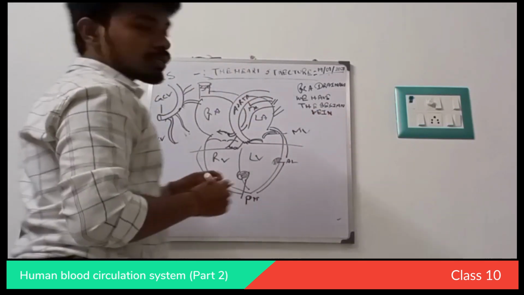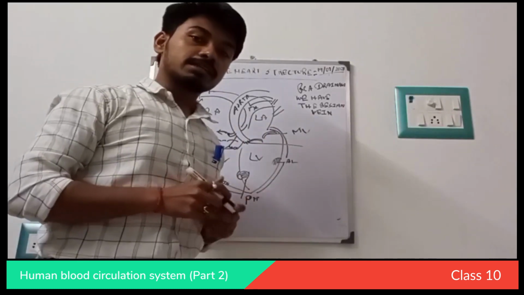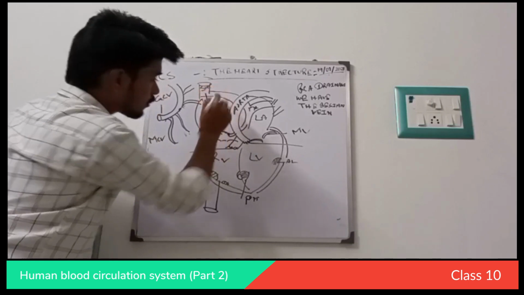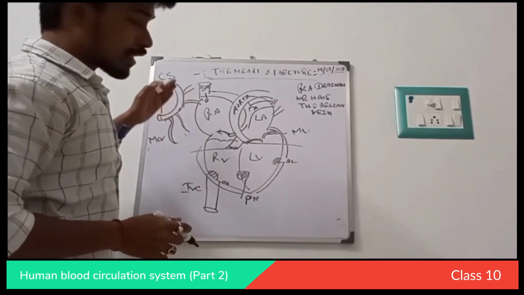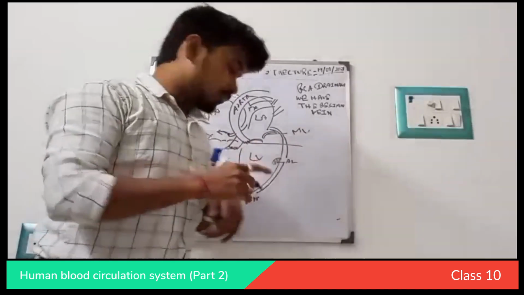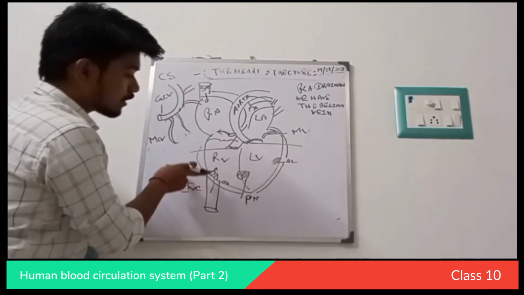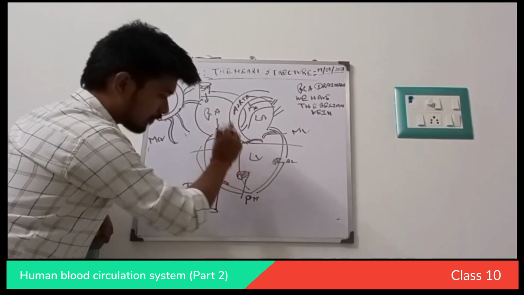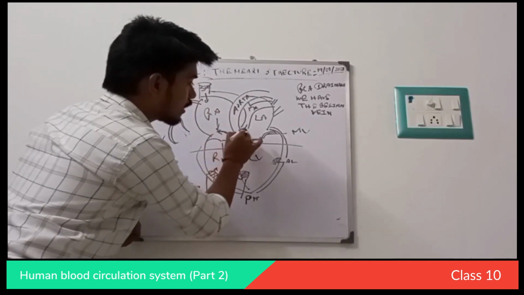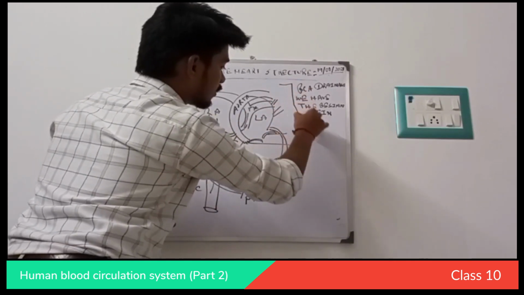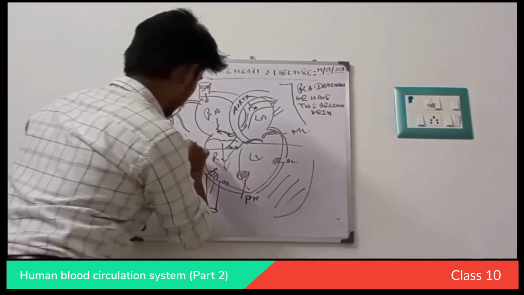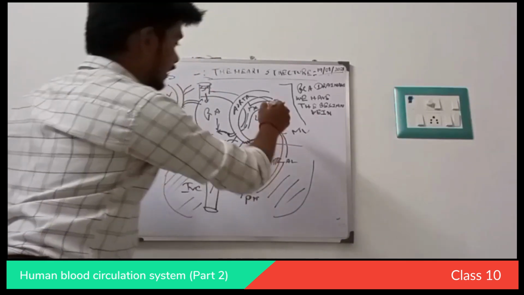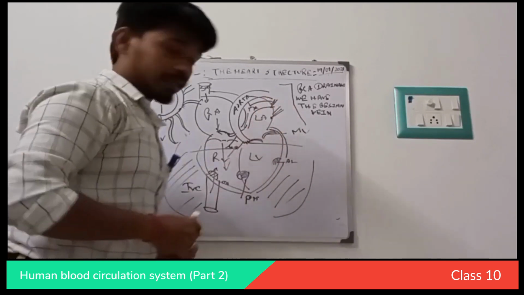So there are Thebesian veins and small venules which drain the entire right territory into the RA. After the RA, what blood does the RA carry? Upper limb drainage and lower limb drainage come over there into the RA, which goes along with the tricuspid valve and the RV, and this goes along with the PA. After the PA there is a lung, and what does the lung have? As I previously discussed, gas exchange happens over there. After gas exchange, pulmonary venous drainage, pulmonary venules are there.